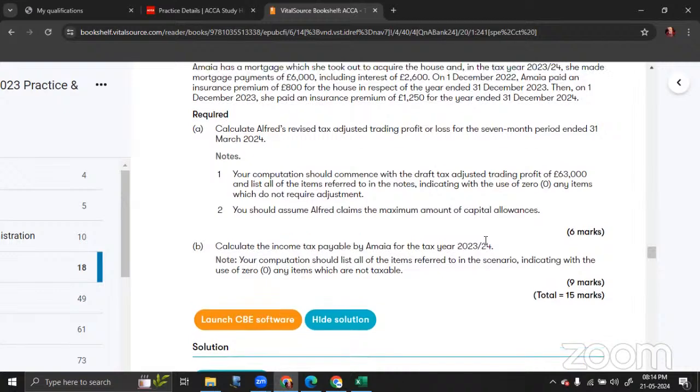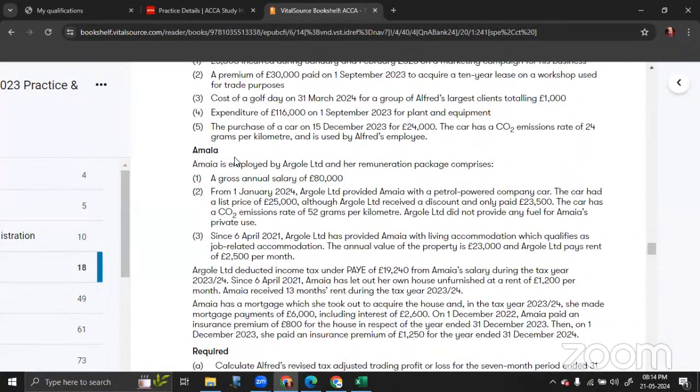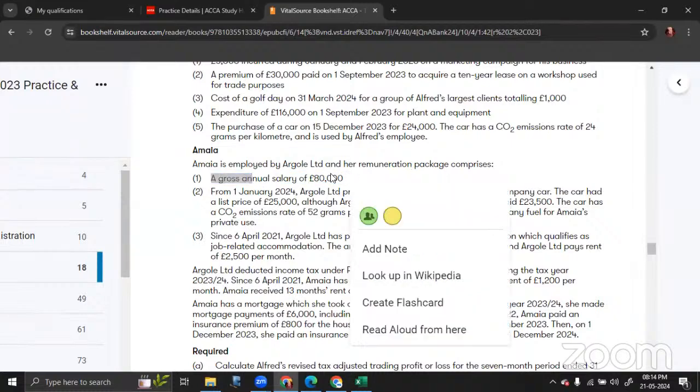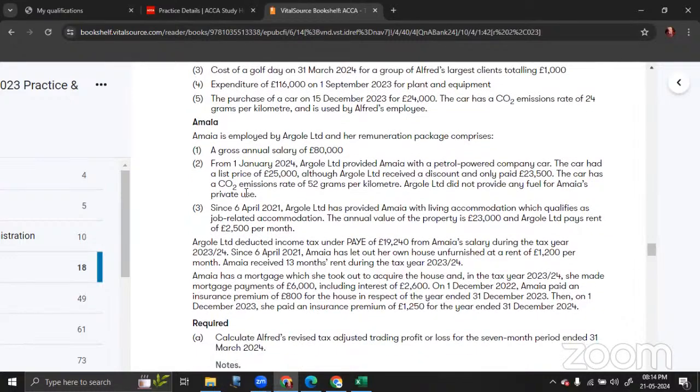We'll move to the next one, which is to calculate the income tax payable by AMEA for the tax year 23-24. So we are moving to the case of AMEA. AMEA is employed by Argol Limited and her remuneration package comprises an annual salary of 80,000. So salary on 1st January 2024, that is towards the last 3 months,